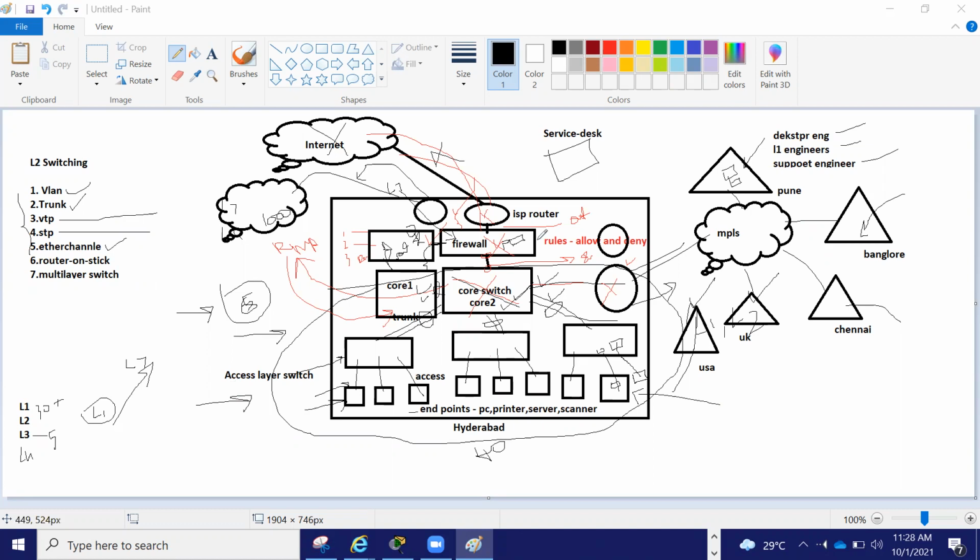So now just look here. The first thing you need to understand is that the gateway will be one only, one entry and exit point to any VLAN. So when you are using two switches, where can I configure the gateway?